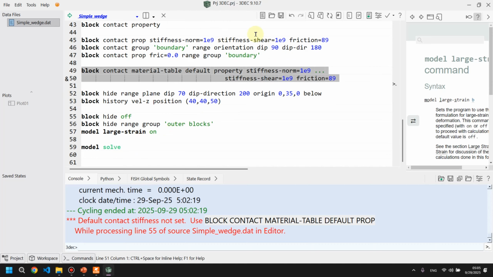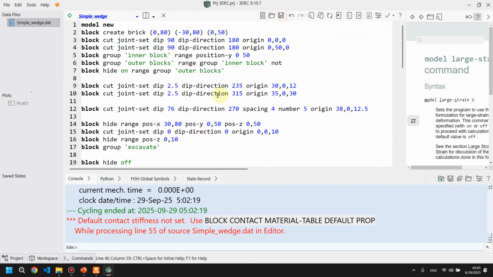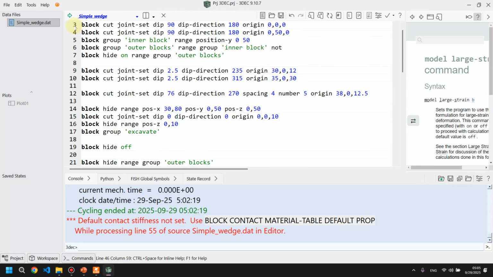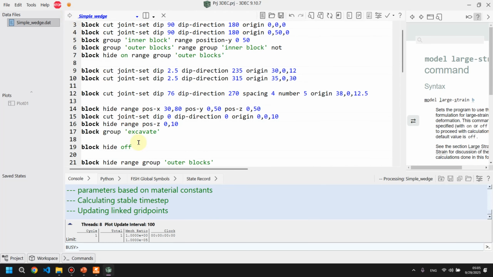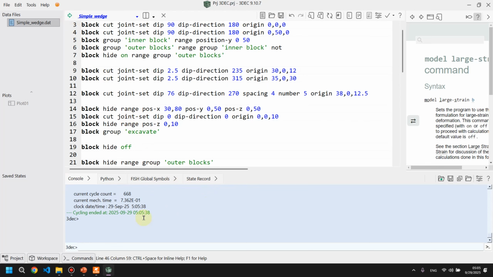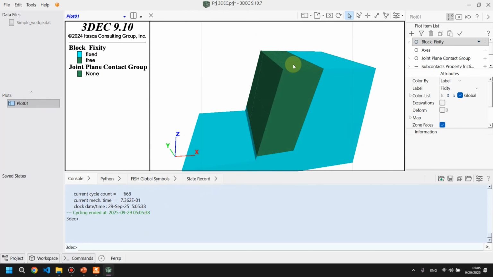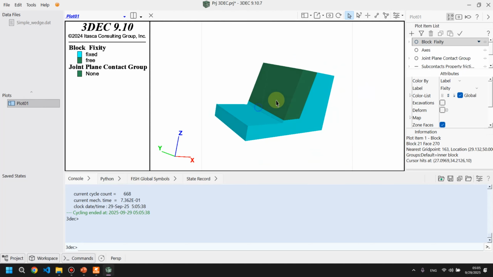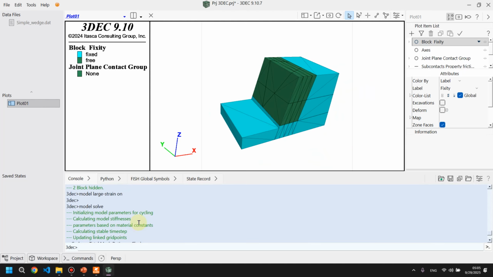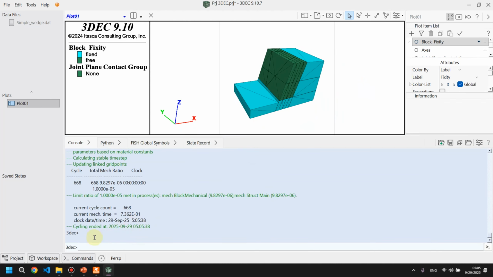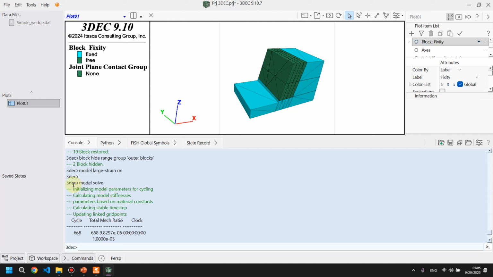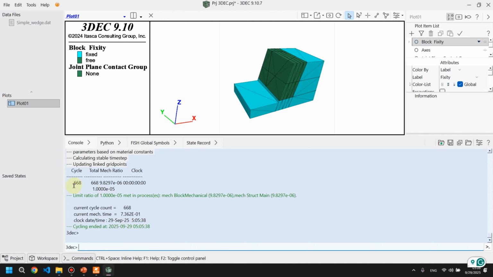So again, if you need to solve all of the model, you can press this icon to solve all of the model. So now we can check the model. We have calculation completed. Result for model solve: you can see it's a model solve, initializing cycling and all of the updating linked grid points, and the cycle total mechanical ratio clock. All of the cycles needed for this model are calculated and solved for us by this cycle